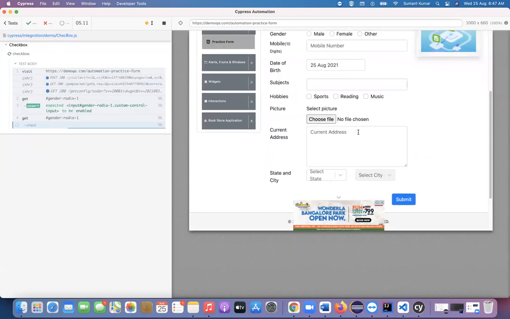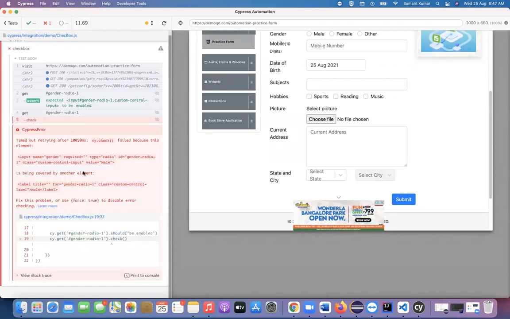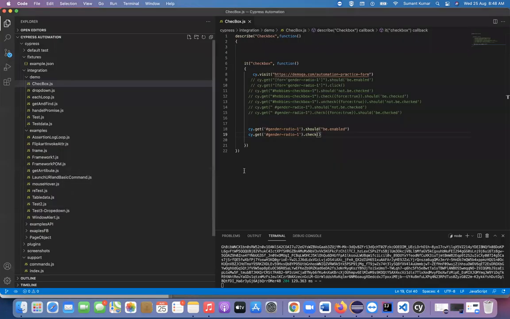Check is something only applicable for a checkbox, so you can see it throws some error, and it suggests to fix the problem, use force. It might be overlapped by some other element, and if I use force equal to true, it should start working.